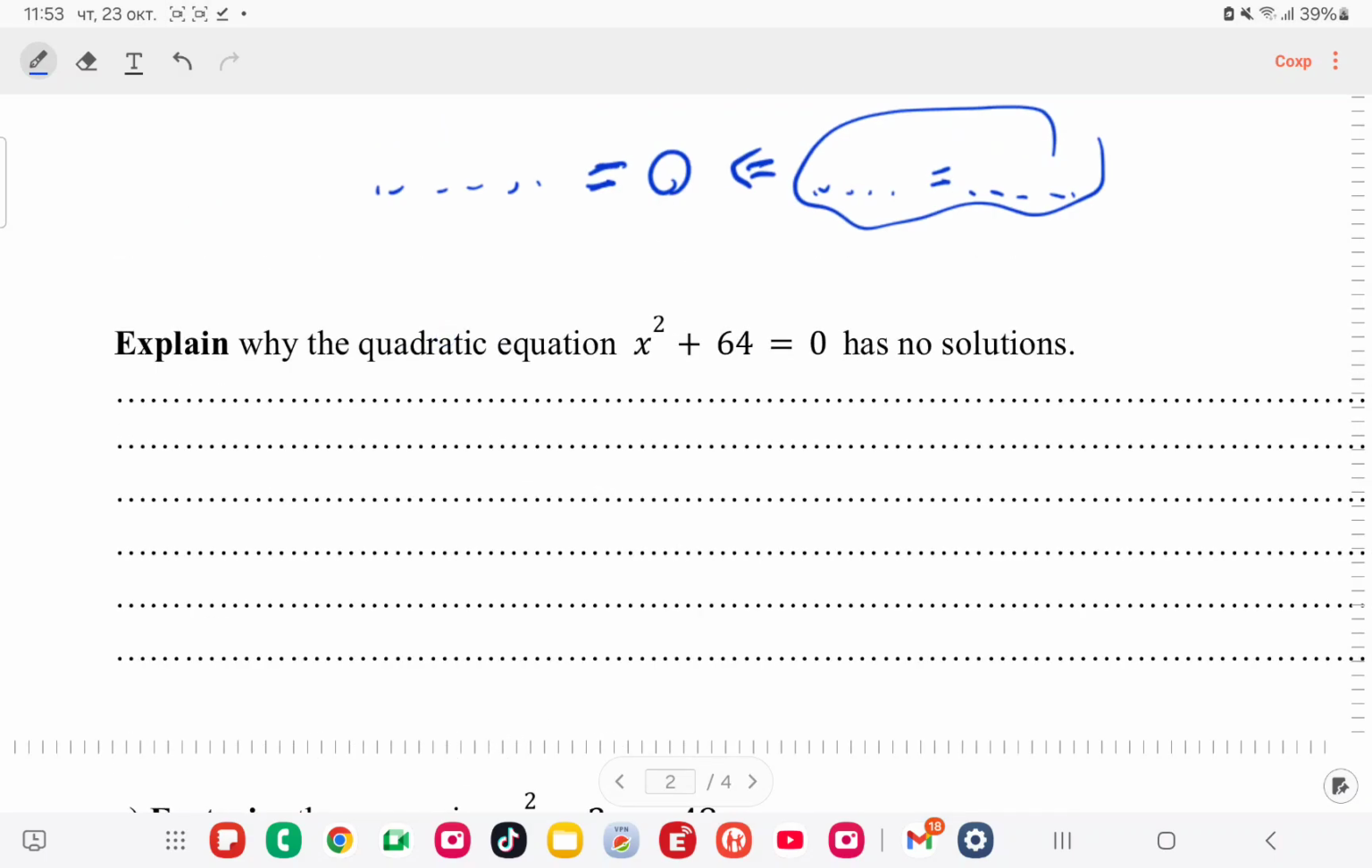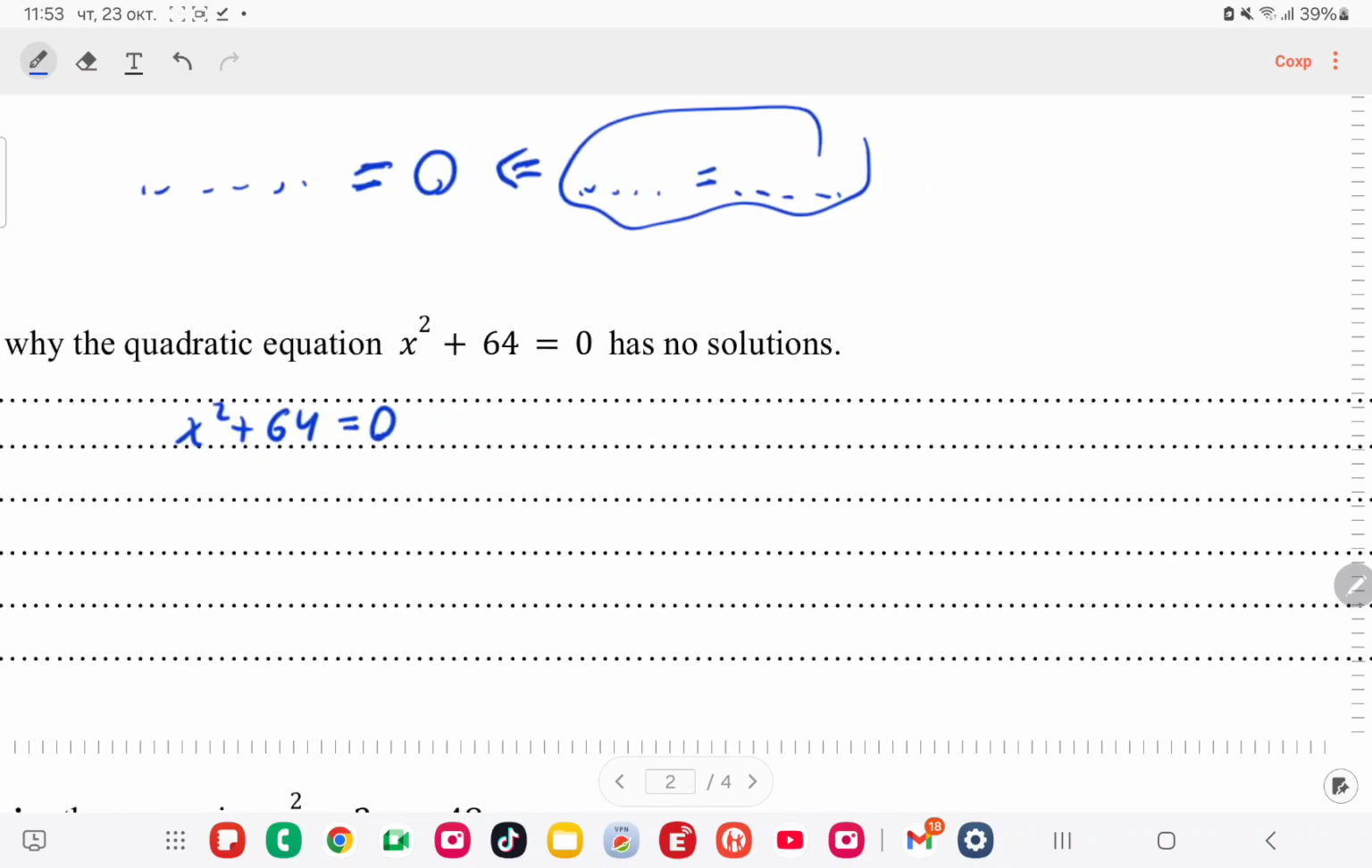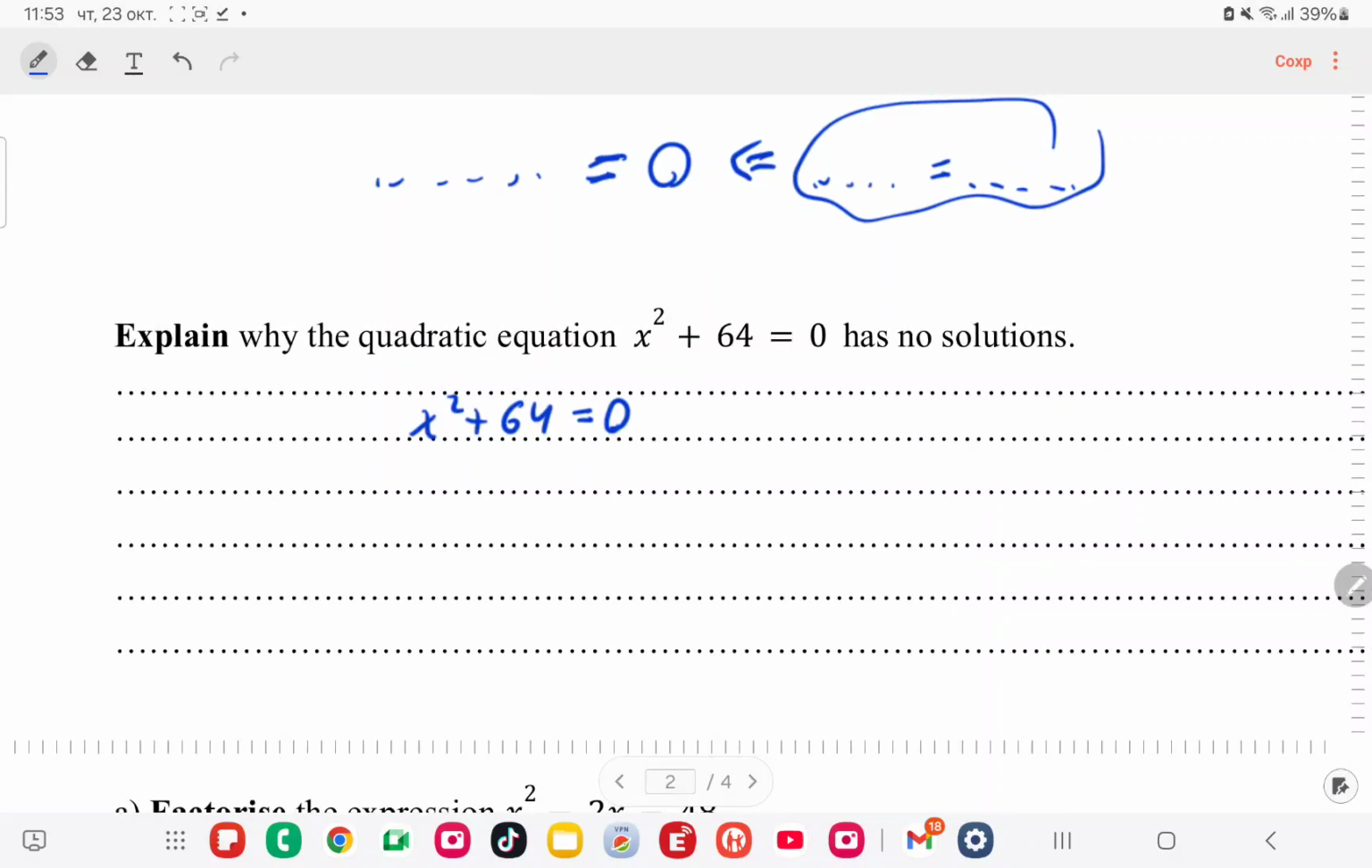It says x squared plus 64 equals 0. Given this equation, we should explain why it has no solution. There are two options for how it could be explained. The first one is that x squared is always a positive number. This is a key point: always positive. Why is it always positive? Because even if x is negative,